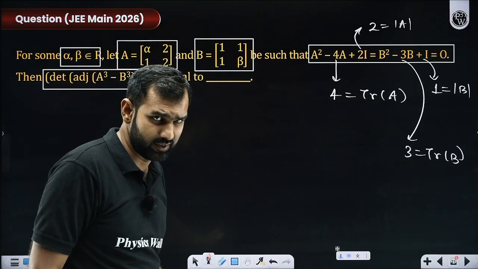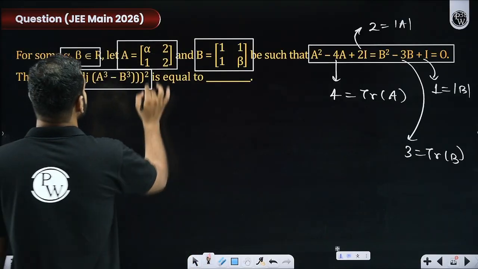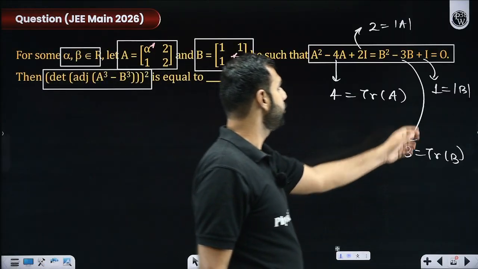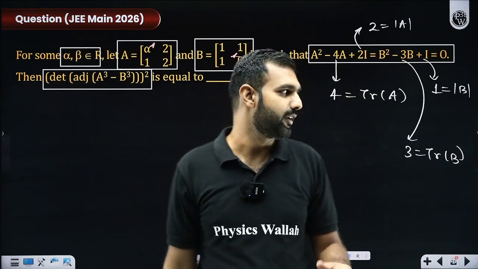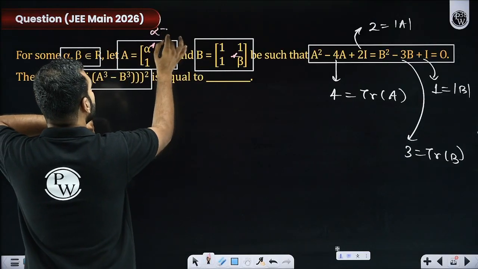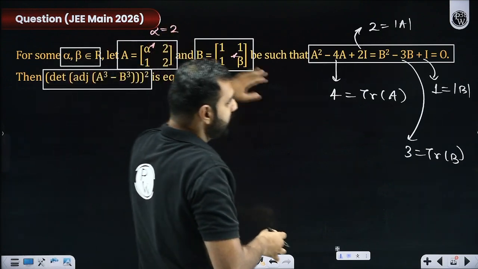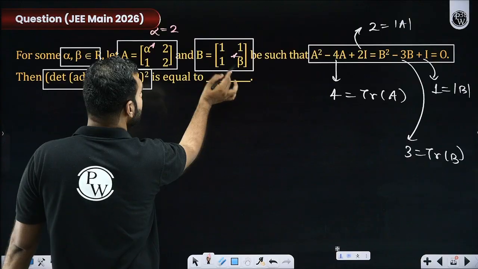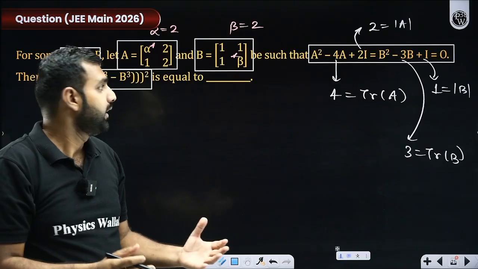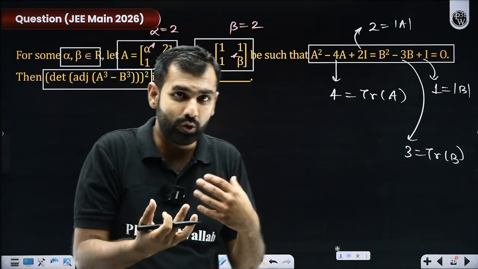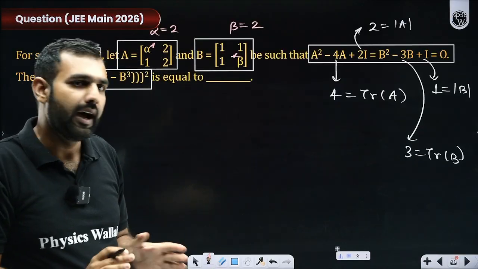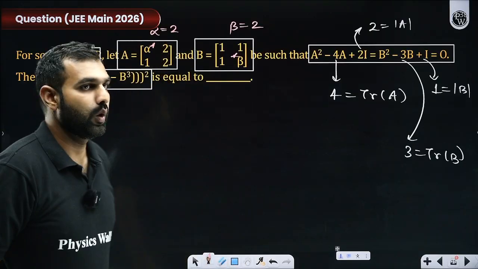But sir, what is the point of this? What is the agenda of doing this? I am saying that with this, can you not in a very few seconds only crack alpha and beta? You don't even have to go to this determinant. You can very easily say, sir, trace of A is 4. Trace of A is 4. So alpha should be what? 2 plus 2. Yes or no? Trace of B is 3. Trace of B is 3. So beta plus 1 is 3, which means beta here should be 2. I think my question is done. This is what I'm writing to make you understand. You don't have to do it in the examination hall. You will be directly taking them as this 2 into. Yes or no? I have got an alpha and beta both, right? Yes or no? Now, what am I asked?